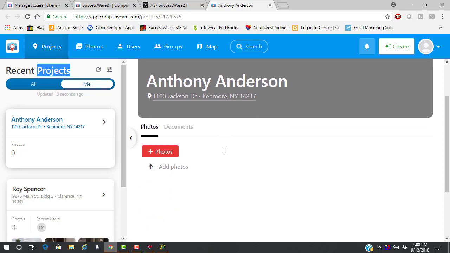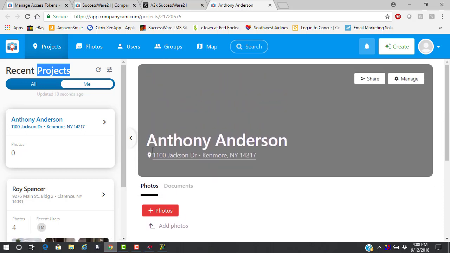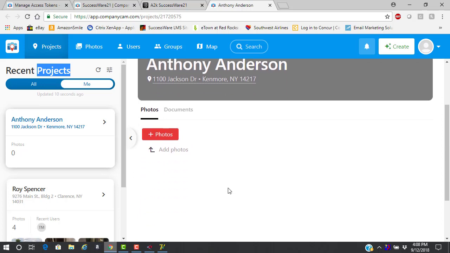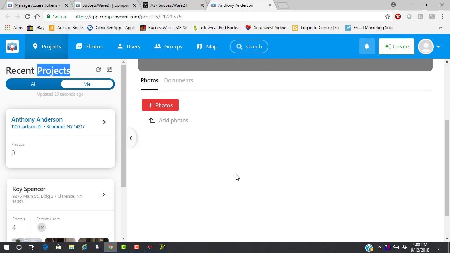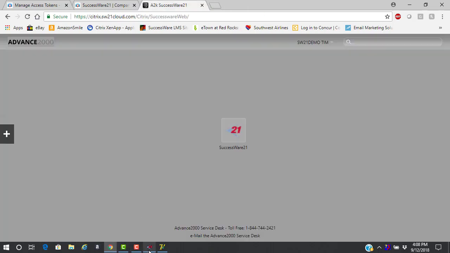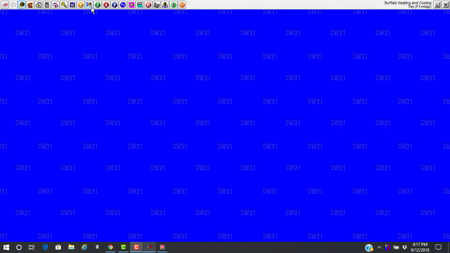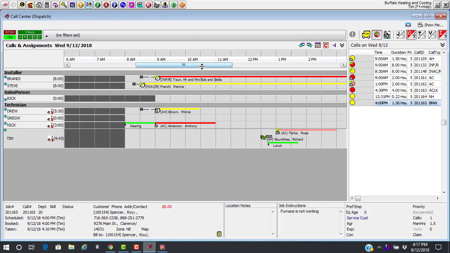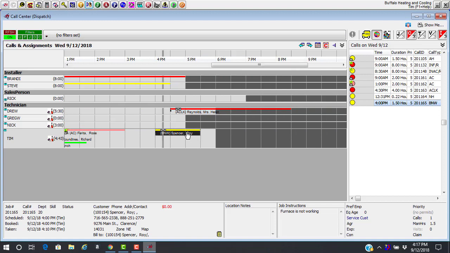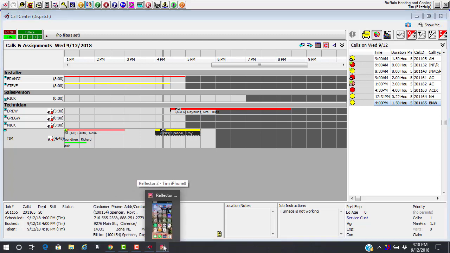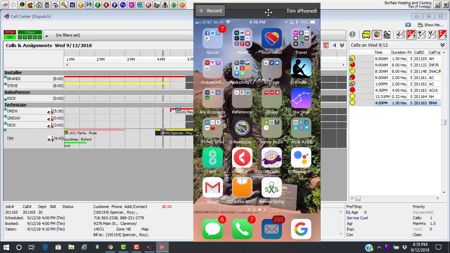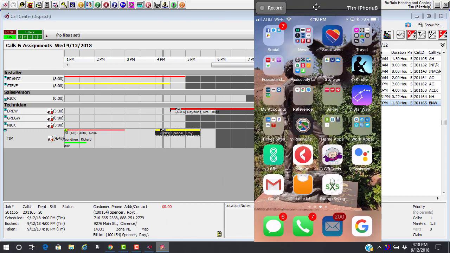Now, if the technician had gone to this location and had taken pictures, those pictures would be available to us here. I'll show you another example here with someone who actually has some pictures already on their account. I put a new appointment up on the dispatch board for Roy Spencer, and I'm actually using SuccessWare's business address here. So I've got the appointment on the board on Tim's calendar. I'm going to pull up my phone here on the screen so you can see what I'm doing here. I'm going to go to my CompanyCam app,